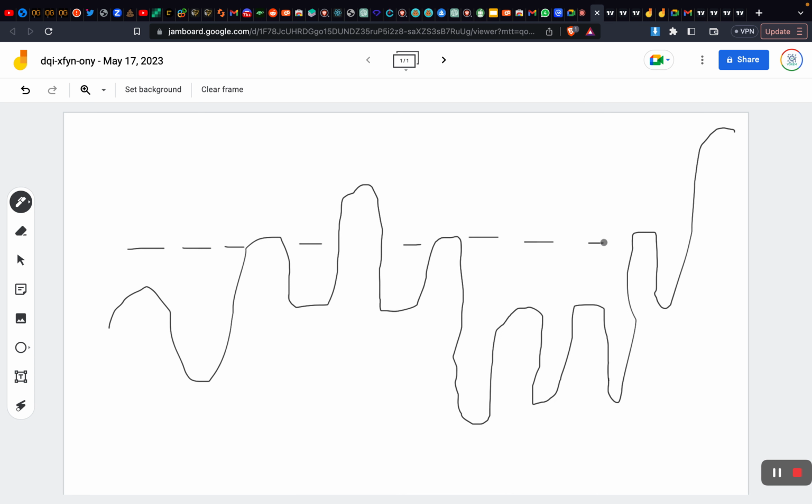Imagine horizontal lines crossing through these different levels. Now, this horizontal line that is crossing these two different levels, they represent different